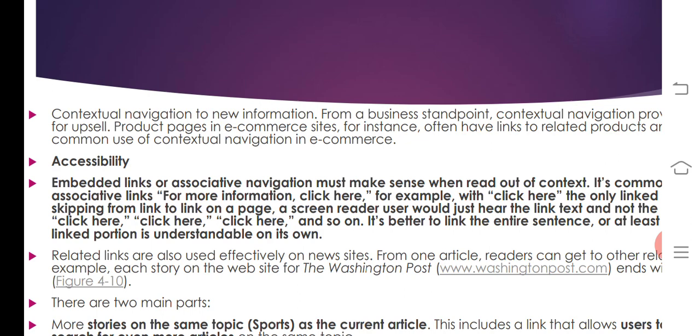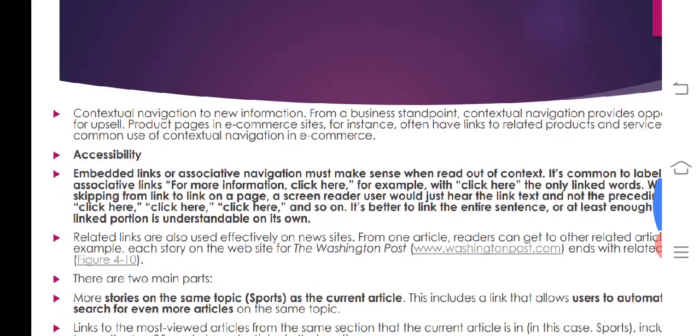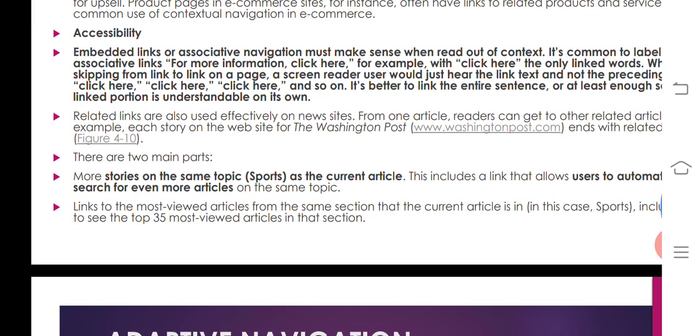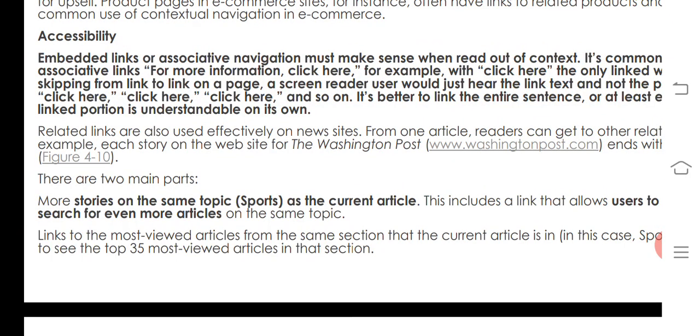understandable on their own. So here there are two main parts. Related links are also used effectively on news sites: the stories on the same topic as the current article, and another link that lets the user search for even more articles on the same topic.